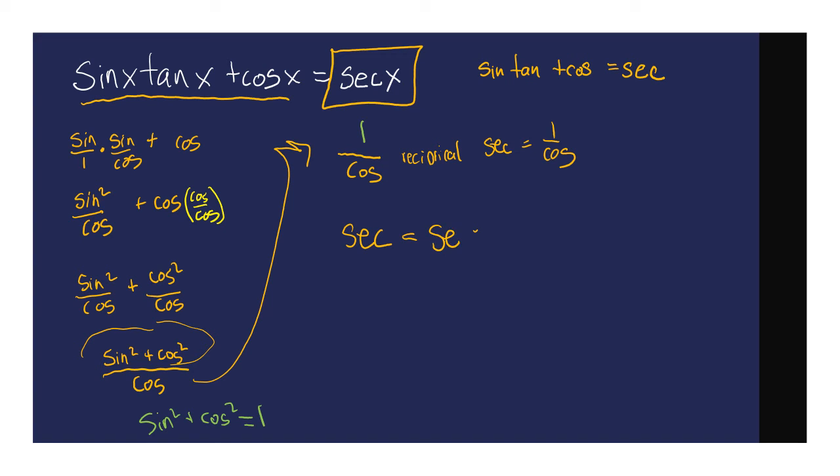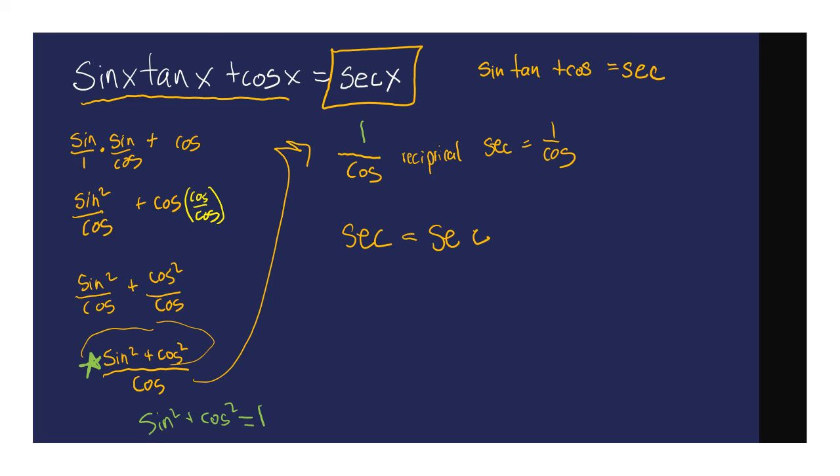And so with this, I took the more complicated side, said, okay, I'm going to try and simplify that, wrote everything in terms of sine and cosine, worked to get a common denominator. I then used my trig identity for the Pythagorean theorem right here to say, okay, that is the same as 1. And then that allowed me to see that, okay, this is the reciprocal identity for secant. Now we're going to try